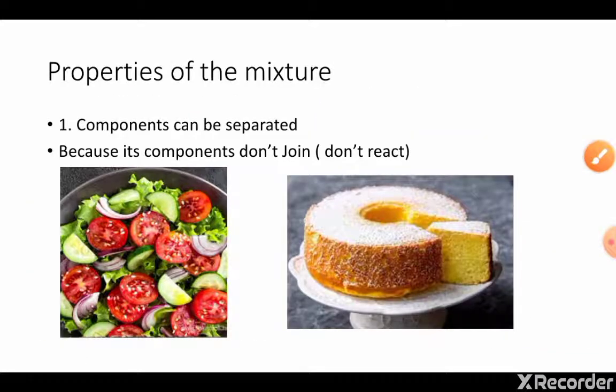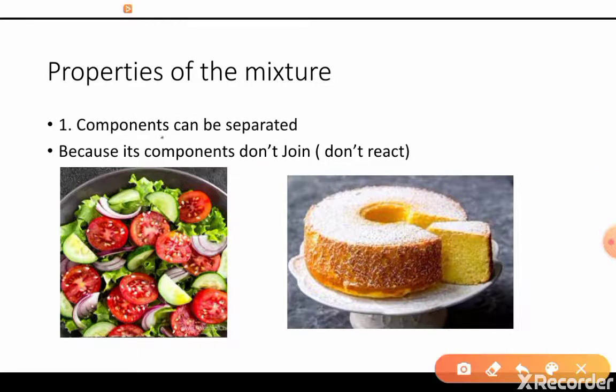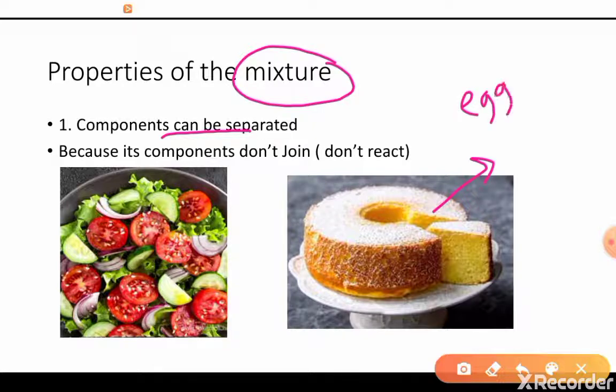Here the components can be separated, but in the cake the components cannot be separated. If the components can be separated, we consider it a mixture. Okay? If the components can be separated, then it's a mixture. Why? Here, the components of the cake, which are egg and milk